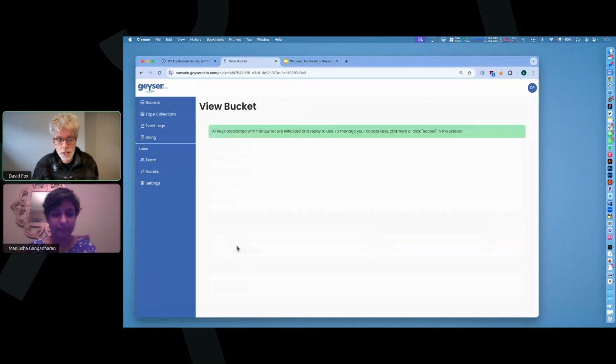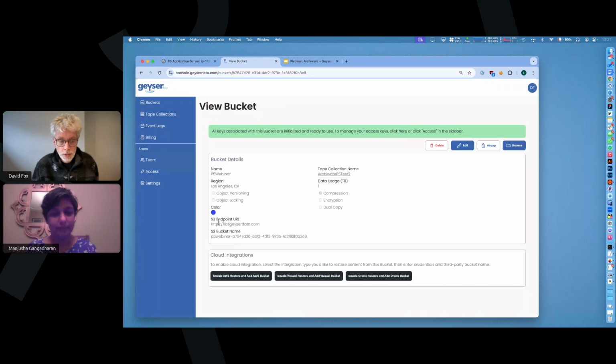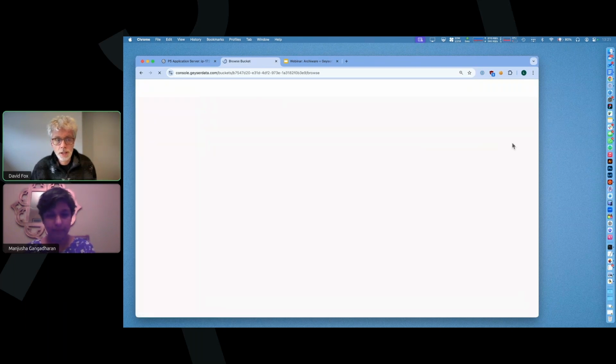And if I click into that one, you can see the information, including the endpoint here, which is needed to connect to the service, and then the bucket name, which is the stated name plus a GUID, which is what you put into your S3 client software to connect up. And there's even the ability to browse in the bucket here. And I've already archived some